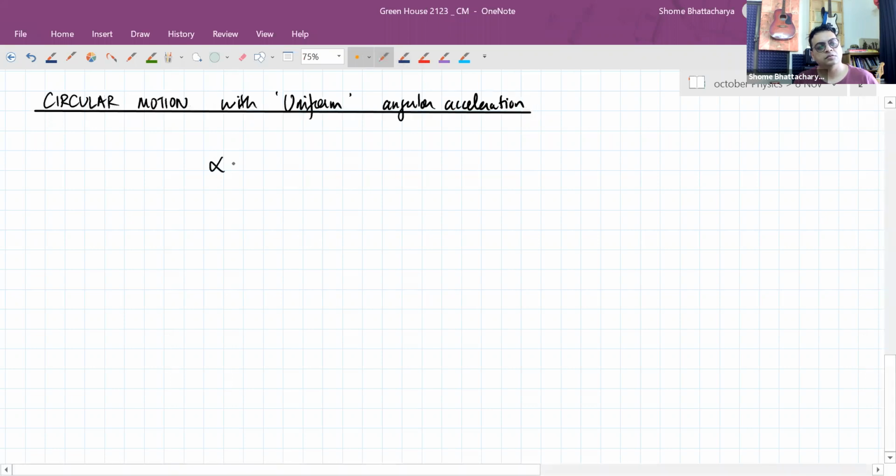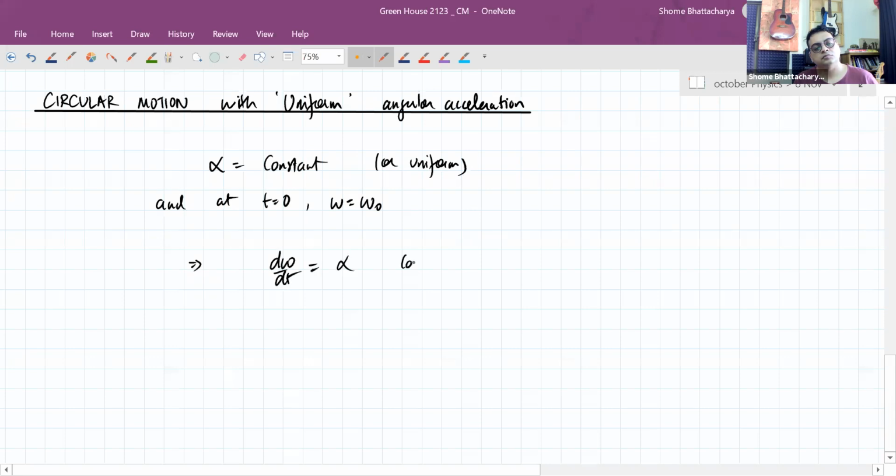So alpha is constant or uniform, and at t equal to 0, let's say the angular velocity is omega naught. So therefore, alpha being constant,